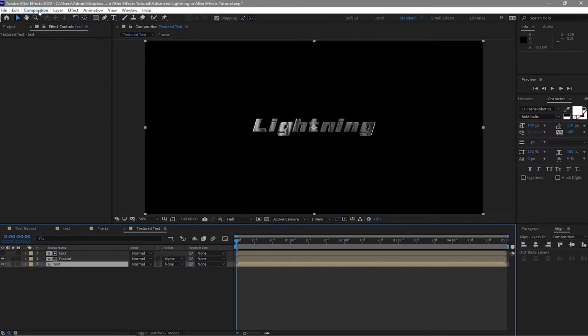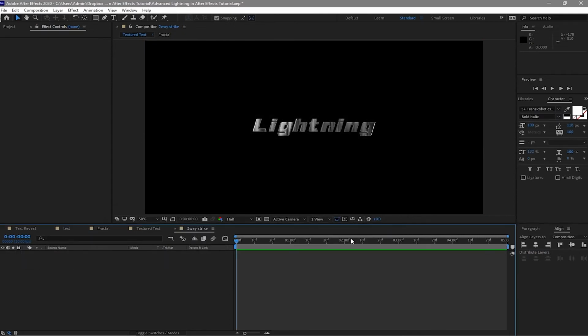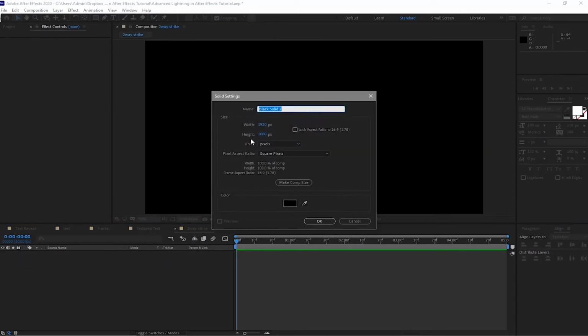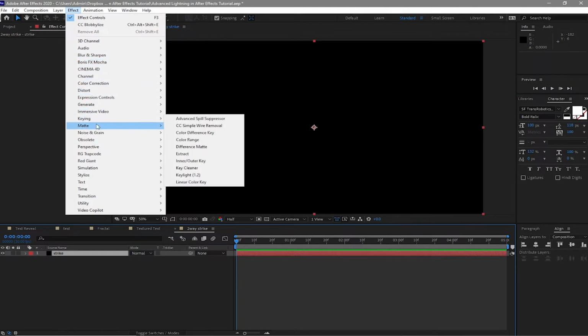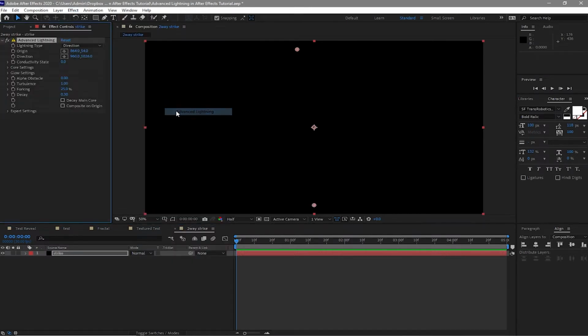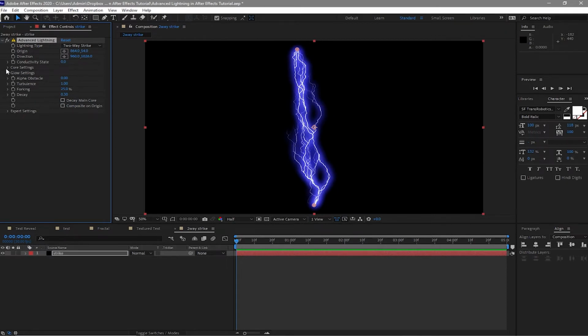So I will go to composition again, create a new composition, and this time I will name it two-way strike, and I will click OK. Create a new solid. I will name it strike. Click OK. Go to effects and preset and generate advanced lightning. I will change the lightning type from direction to two-way strike, and I will open the core settings. I will change the core radius to 0.5, and I will open glow settings, make the glow opacity 0, and